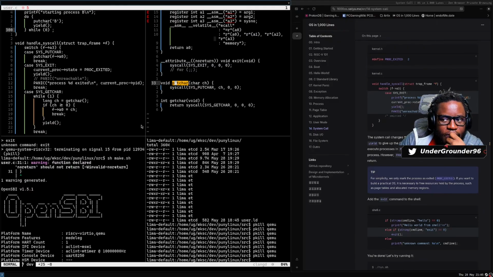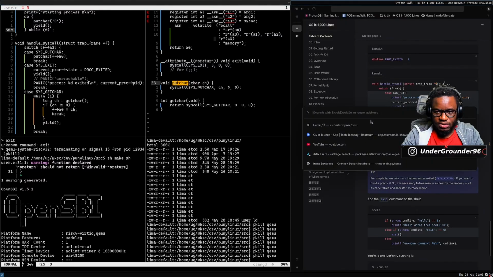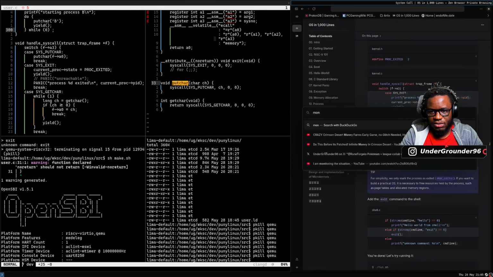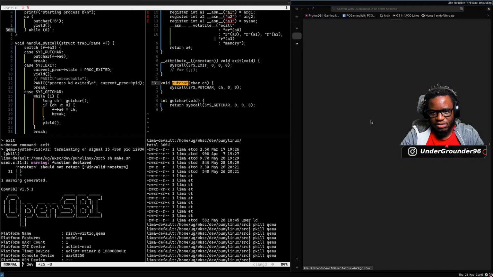I opened, what is the name? I forgot the name. Monitor. Terminal monitor.